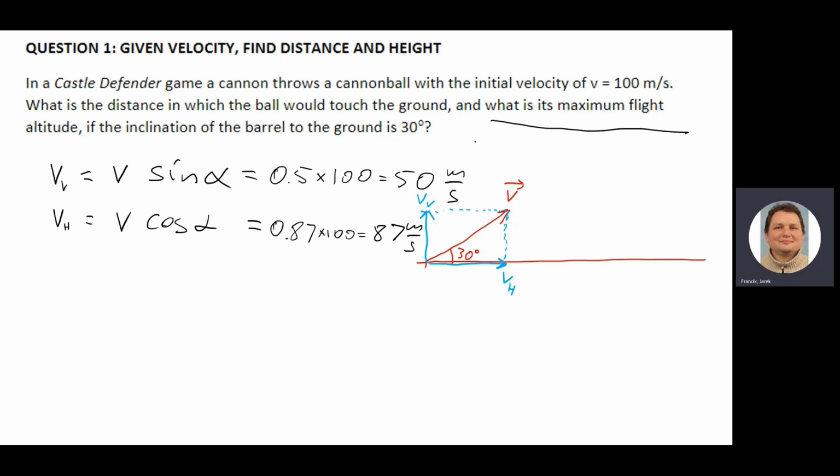What is its maximum flight altitude? Okay, so the question basically is, if in vertical direction I started with 50 meters per second, okay, what is the